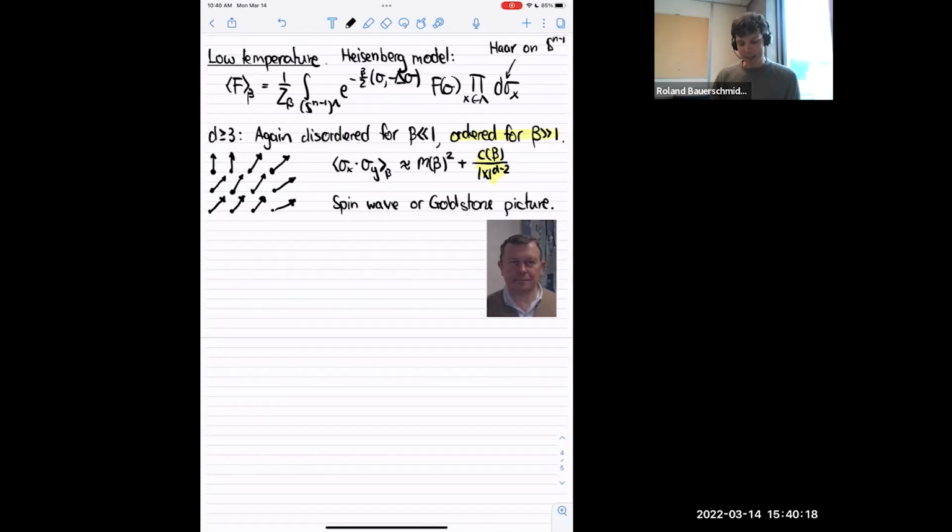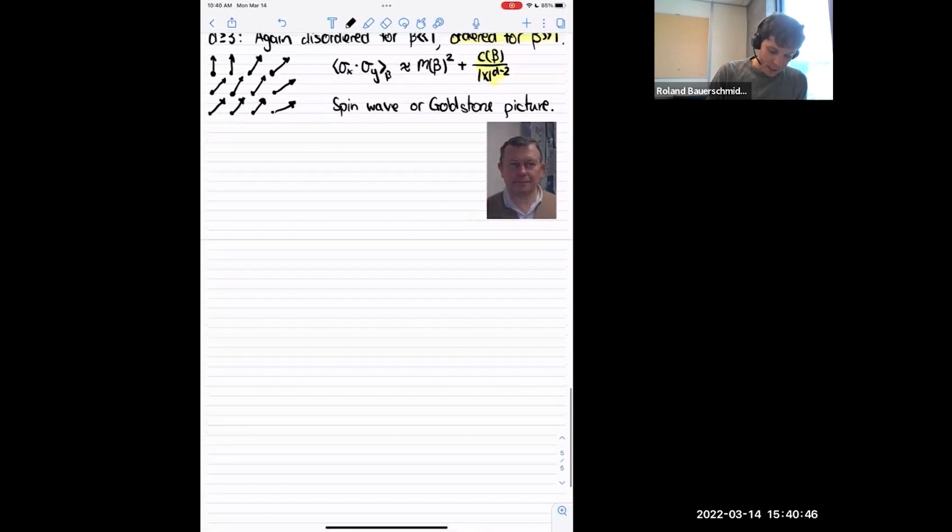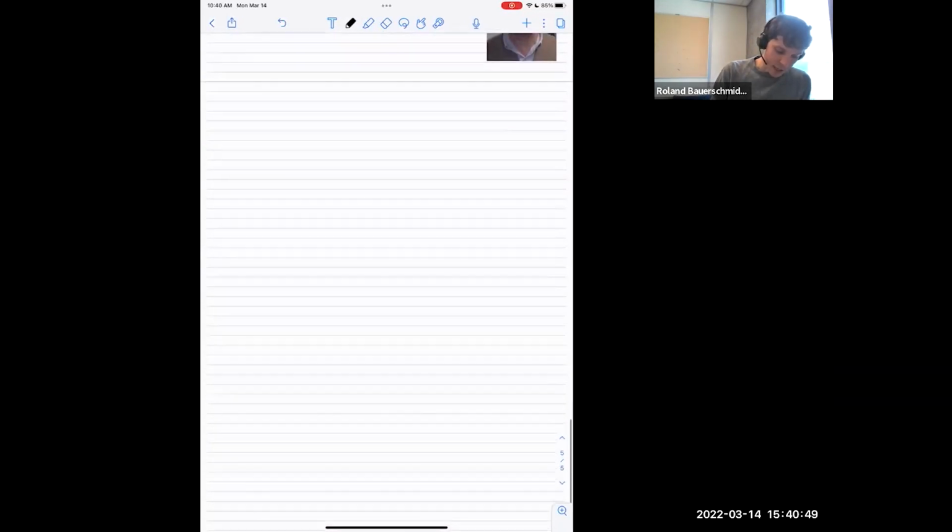In some sense it's less rich than the critical problem, but in other ways it's maybe more physically relevant, in the sense that there are a number of other problems of important physical significance, quantum versions of these models, superconductivity, etc., which have a similar picture behind them. Okay. And then, since I've discussed the critical temperature and low temperature, let me also say a few words about what can happen at high temperatures.